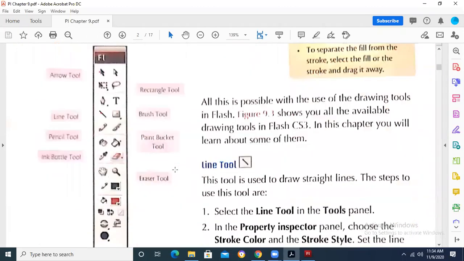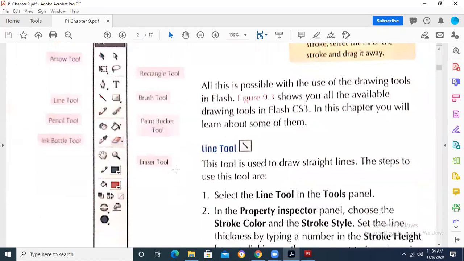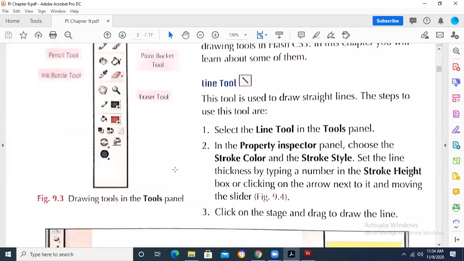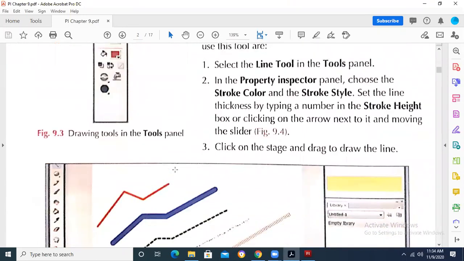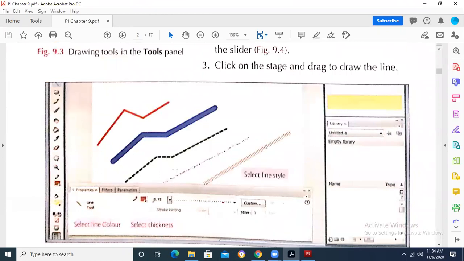Then we started the drawing tools. In drawing tools, we saw different options related to line. We have already gone through how we can draw a line. A line will not contain any fill color. It will be only stroke. Stroke means outline.